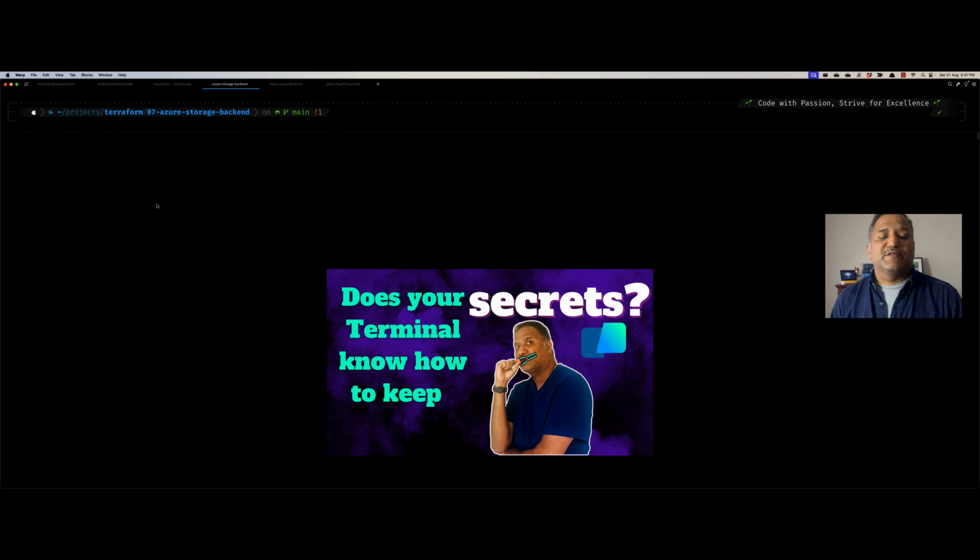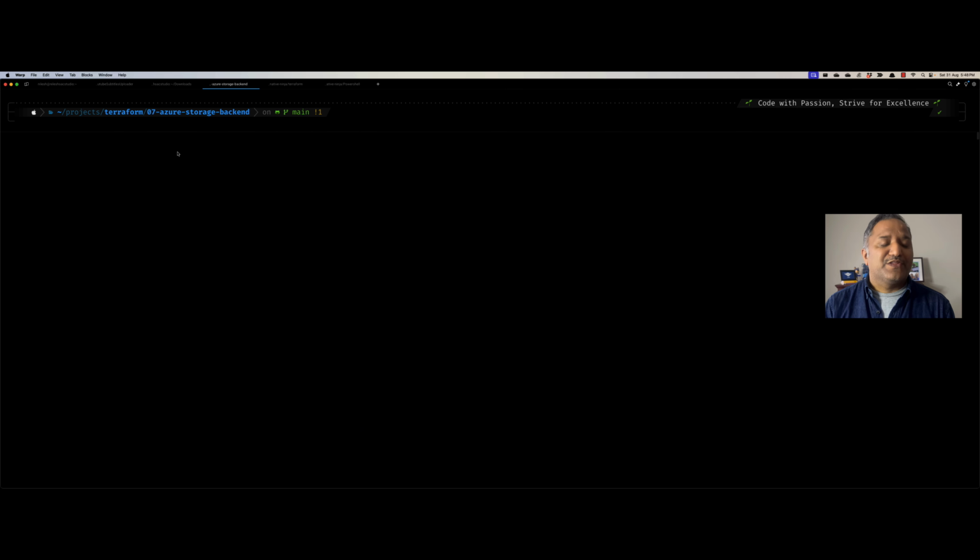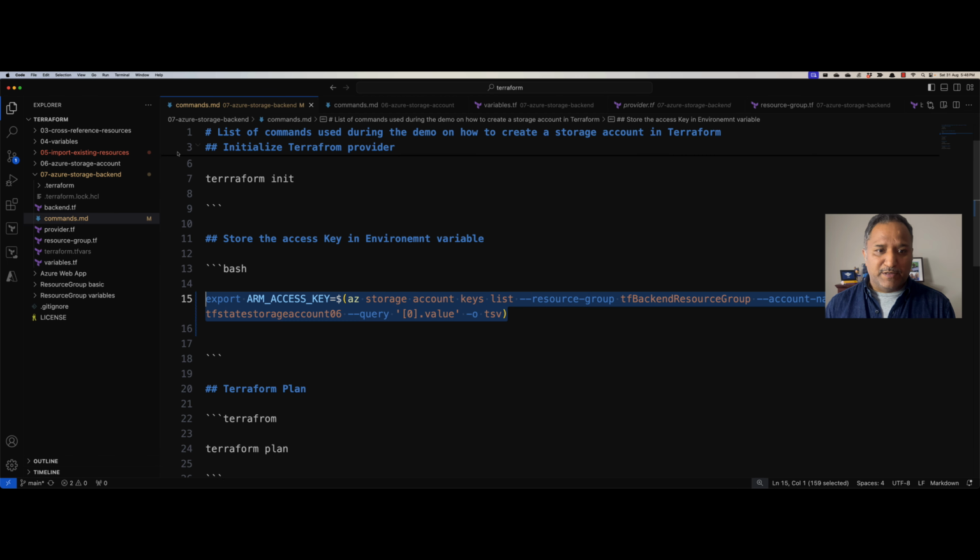which has the capability of redacting the secrets and the sensitive information, but for some reason it is not able to redact that information. In this case, maybe it's not matching the pattern. I've done a video in the past on that particular topic as well, and you can have a look at that. For the purpose of this video, we know that the environment variable has been created, and in our